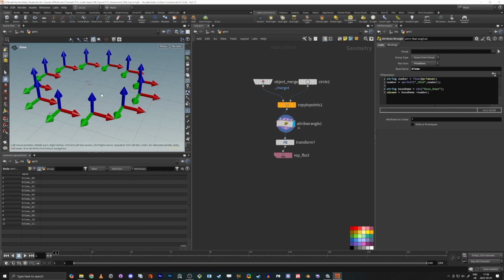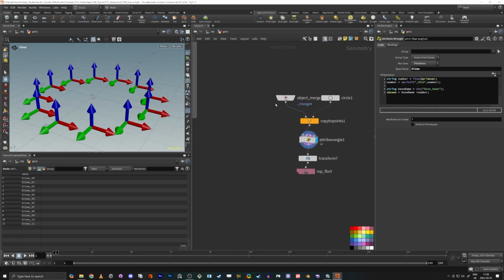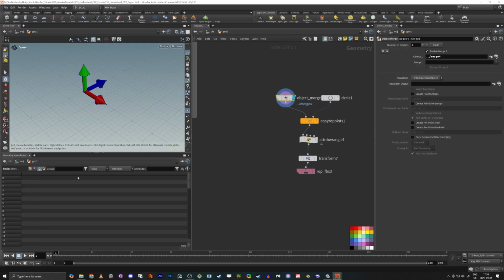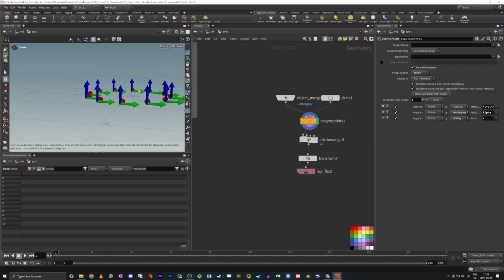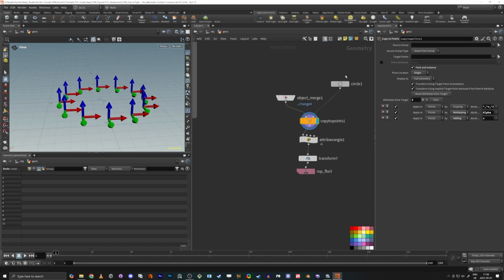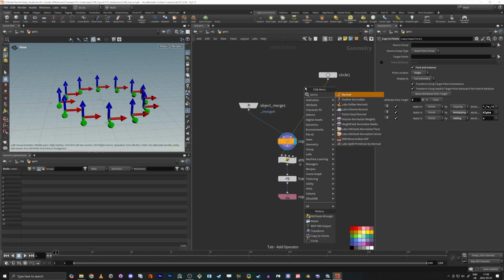So what you notice here is that the blue arrow is kind of the forward direction of the gizmo. If we look at the gizmo here, and if you look down here at the corner, you can see that forward is the blue and upward is the green one. And when you look here, it's kind of messed up because we haven't really given any directions. So we want the green one to be upwards, and the way to do that is to first